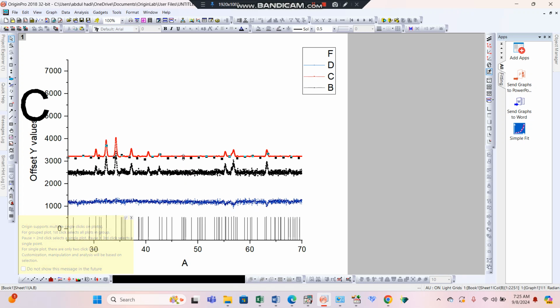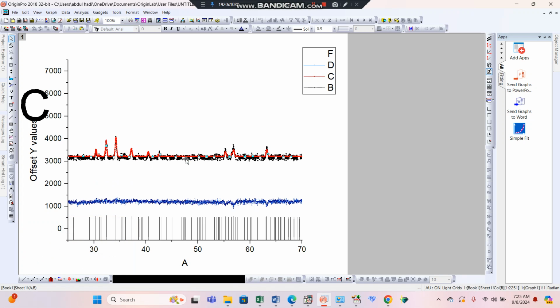this observed value and overlap this with the calculated value. You can select this file and place. You can select by arrows, and then by dragging you can adjust this graph up and down. Okay, so now you have to